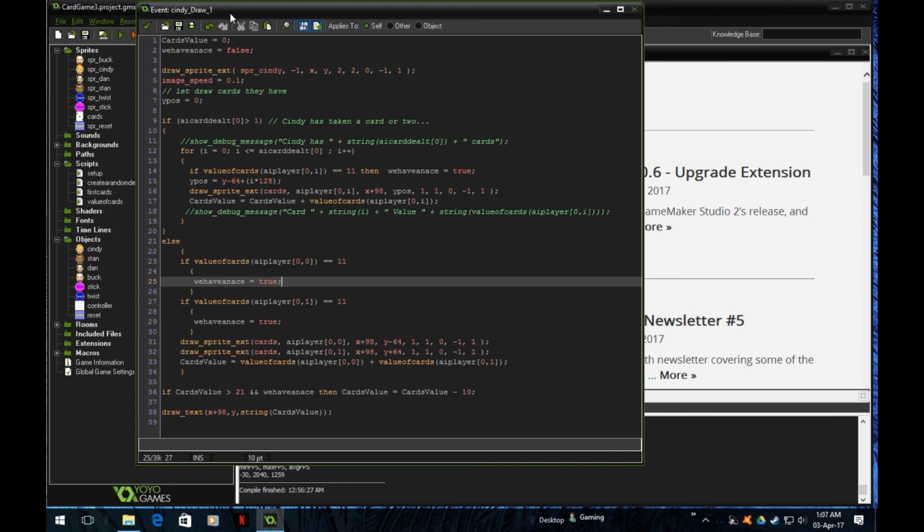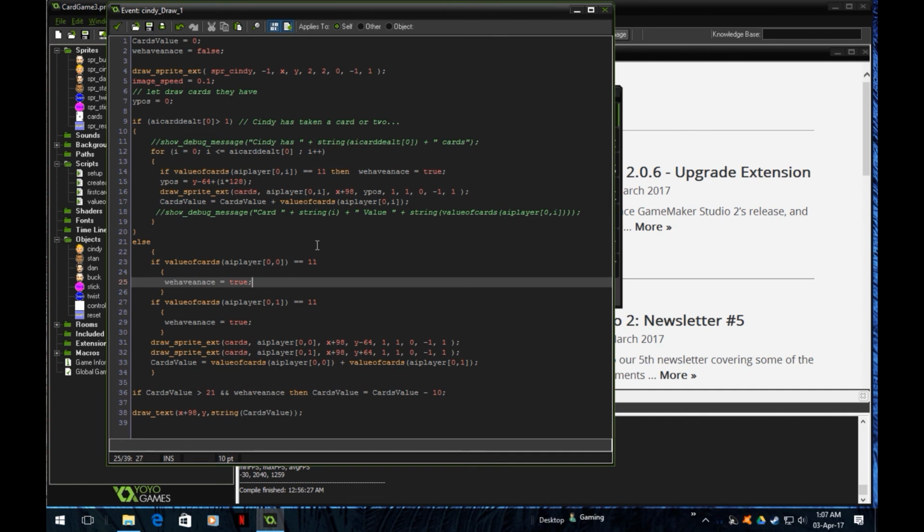So anyway, as I said before, aces can be a value 1, or they can be a value of 11. When do we want to consider how that works? Well, if we have got more than 21 and we have an ace, the ace automatically goes to the lower value. So that's what this does here. If the card value is greater than 21 and we have an ace, I've got a section here called we have an ace, and it just checks to see if these 11s, can you see here value of card is 11, it basically is looking for aces, and it sets this variable called we have an ace,